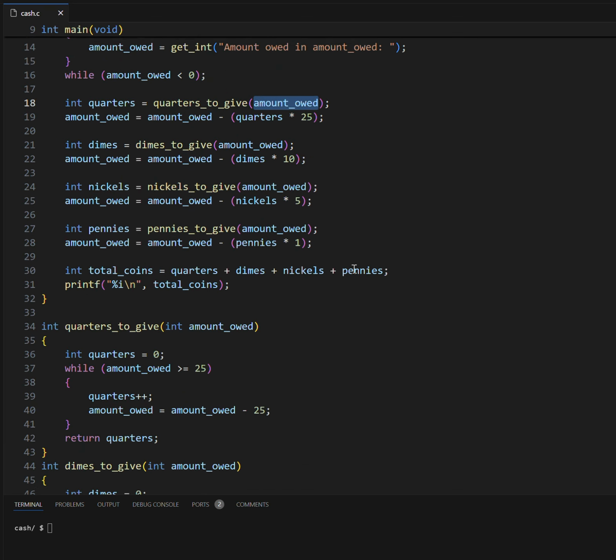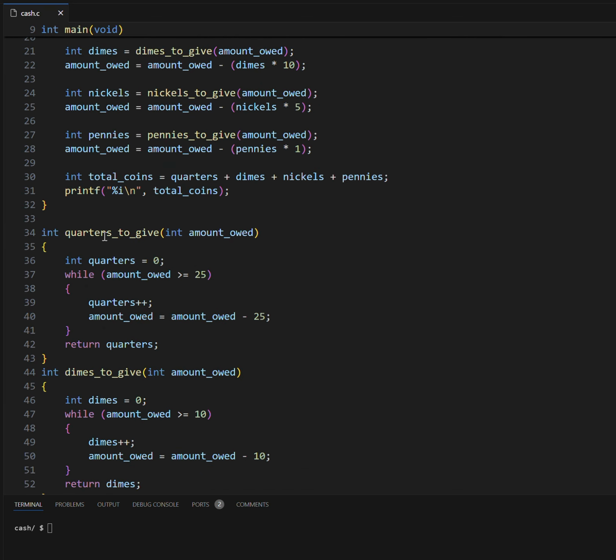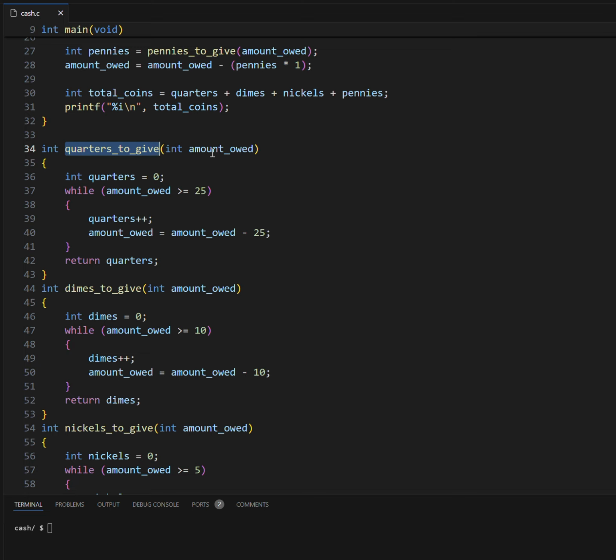Yeah. Okay, so let's see how to compute the number of quarters to give back. Well, if I owe you, let's say, I don't know, 55, what I can give you quarters, I'm going to give you quarters. So 55 is more than 25. Here I have 55, it is more,